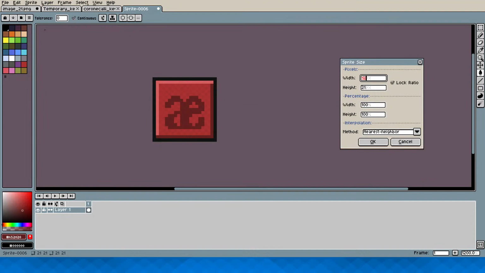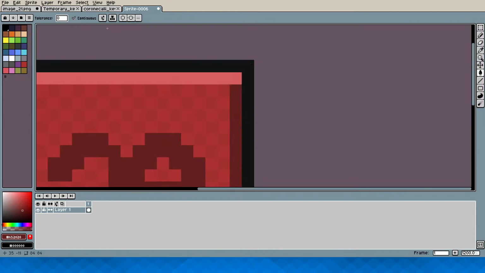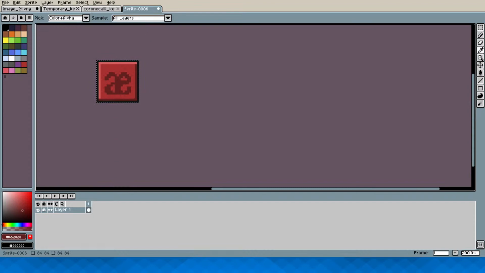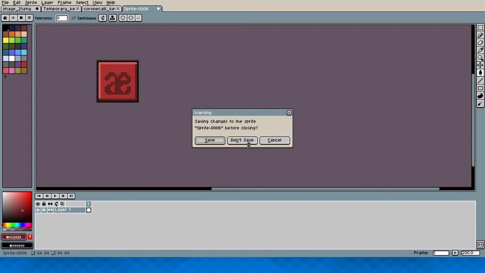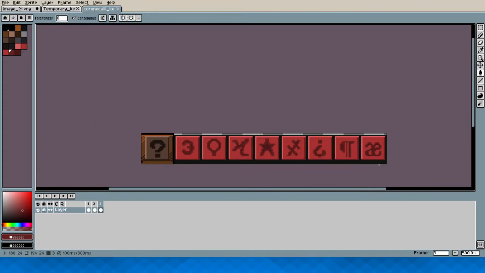And sprite size, I think that's 400%. The A veteran says, yeah, I guess this looks better. Alright. Good to know. The A veteran approves.